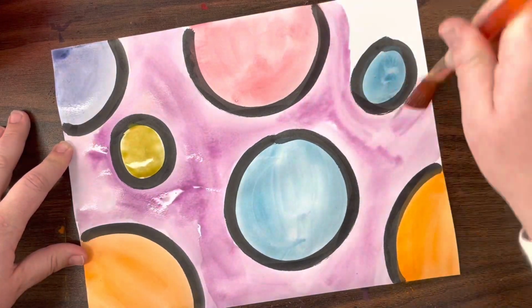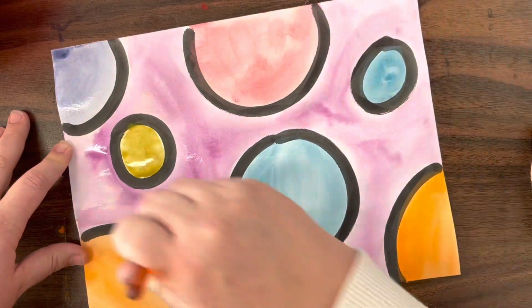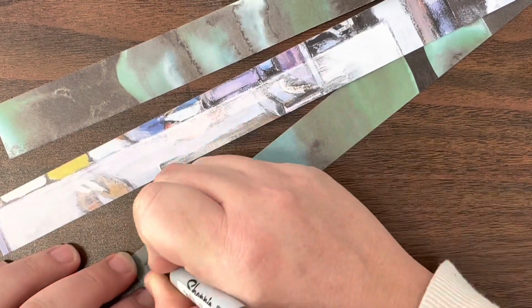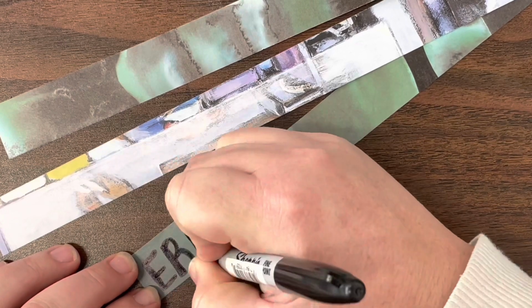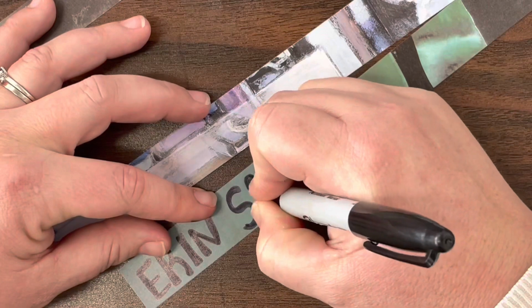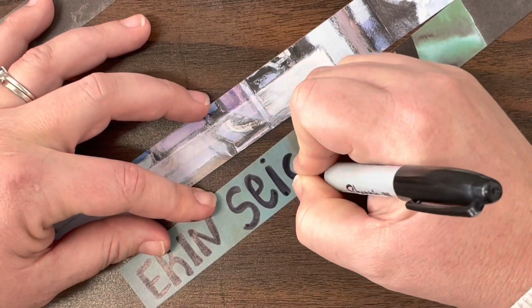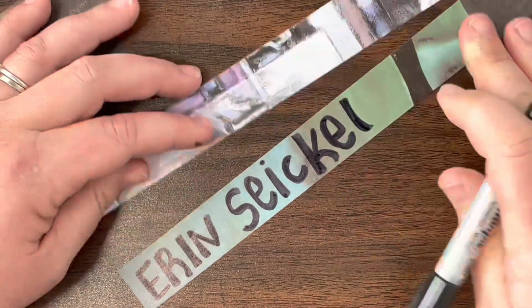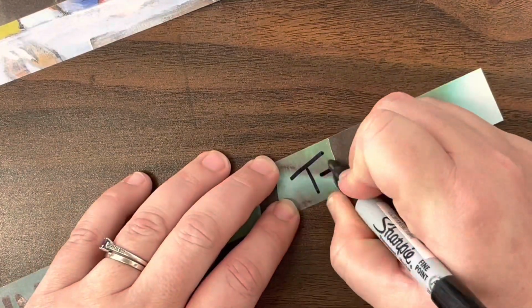We're going to set that aside and let that dry so it will be ready for us to work on the next day. After that, we're going to get some scraps of paper. These scraps can either be book pages like we've used before, or they could just be a plain piece of colored paper. You are going to write your name on one of them, and then you are going to start